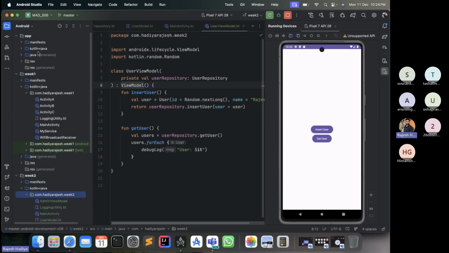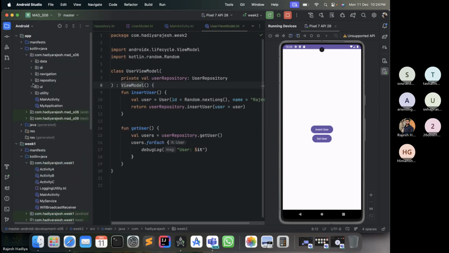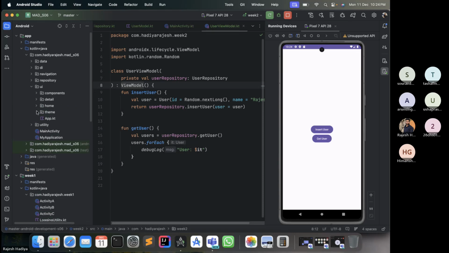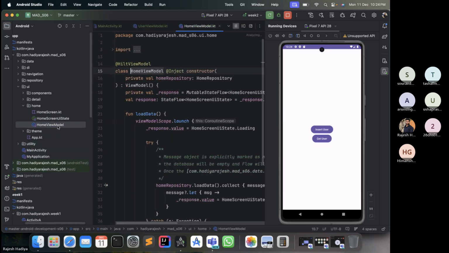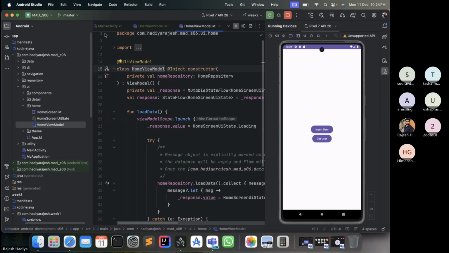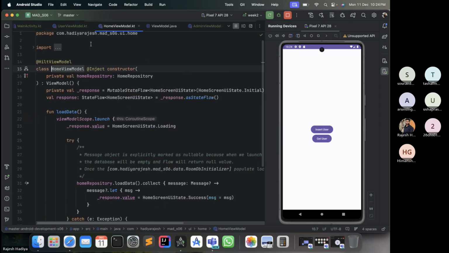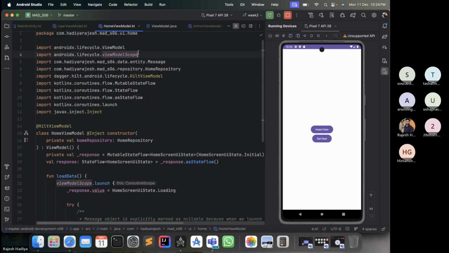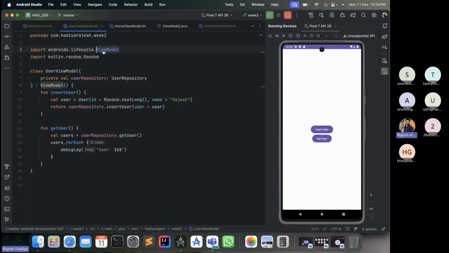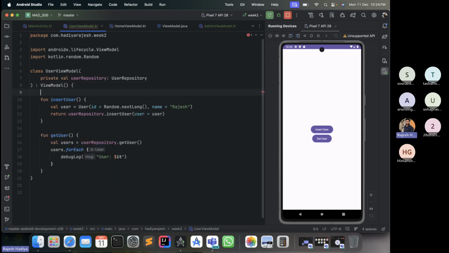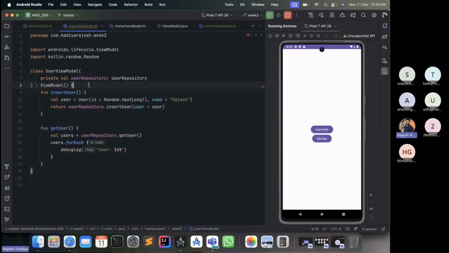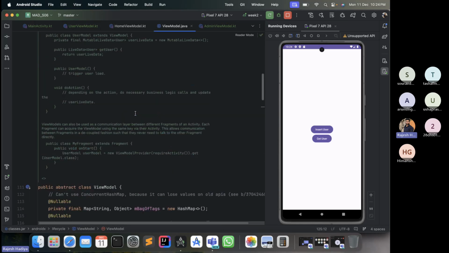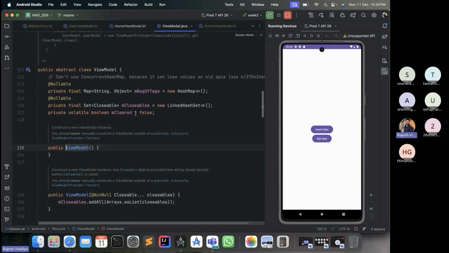Give me a sec. View model. I think it's not working. This thing is not properly working. I think due to the conflicts of this one, but